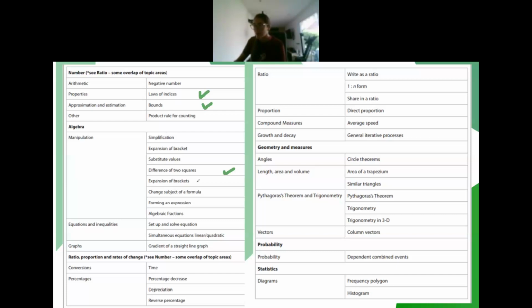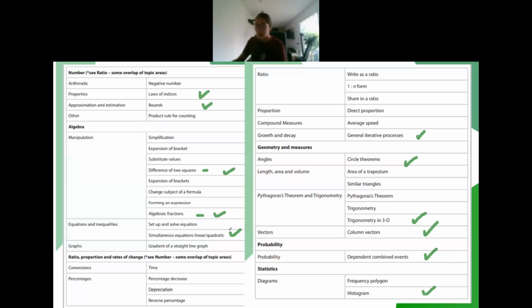Algebraic fractions, the quadratic, simultaneous equations, iteration, circle theorems, 3D trig, column vectors, the probability and histograms. These are all definitely the second half of the paper, so the more difficult style question. In terms of predicting the kind of questions that we might see, I think difference of two squares, the factorising of that type of quadratic, is probably going to be within the algebraic fractions question or another question,